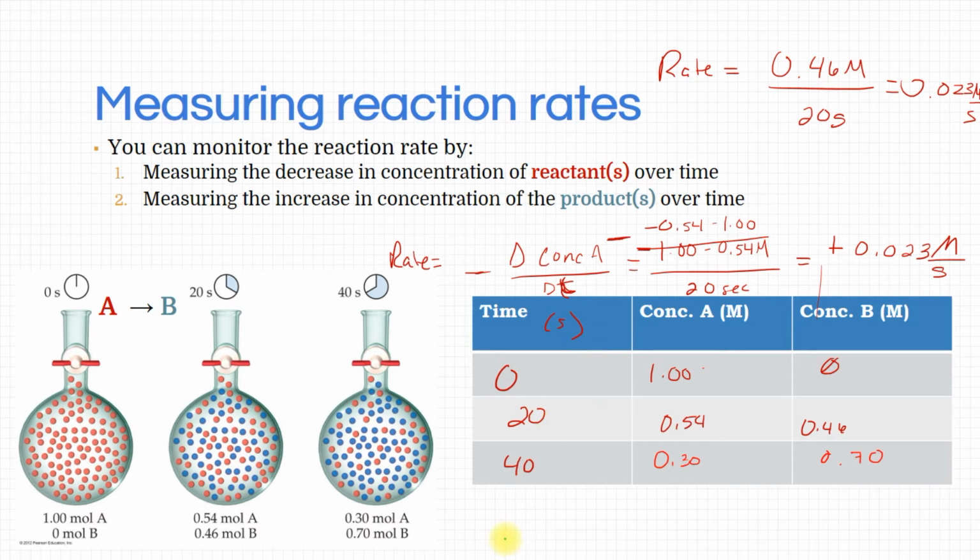So for the 20 to 40 second interval, the concentration change of A goes, so we go final minus initial is the idea. And this is our final, this is our initial. So we go 0.30 minus 0.54. And you do the same thing for the time. Okay. And this whole thing is a negative as well. So the time, 40 minus 20. Okay. And interestingly,